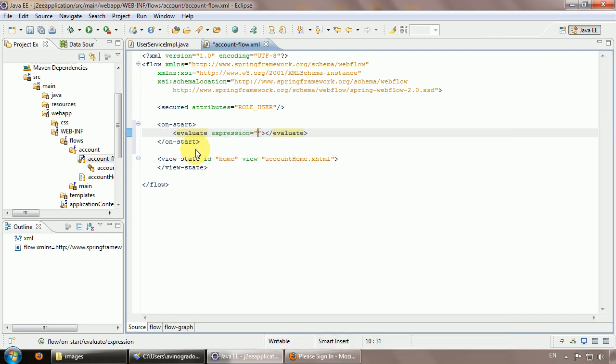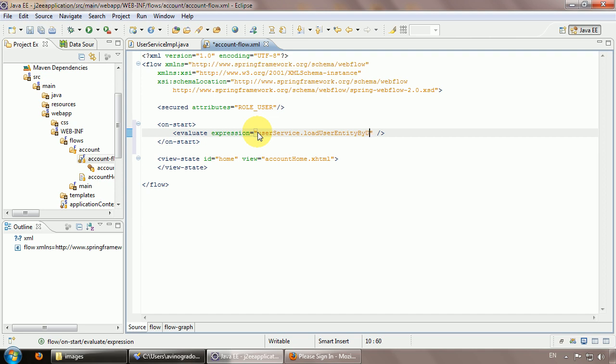So we use again the evaluate expression to set the flow scope variable that will be used across all account flow. So here we will use again our user service and invoke method load user